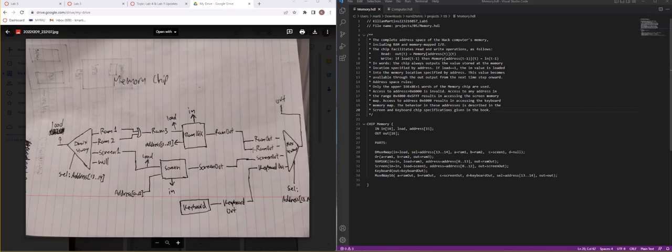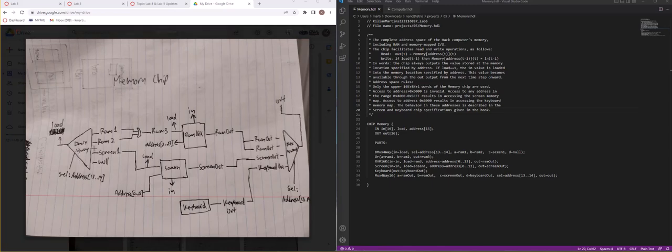Okay, here I have the memory chip program. So here, looking at the drawing that I made, you start off with a DMUX four-way, which the load bit is inserted into. That comes from the CPU, and based on the